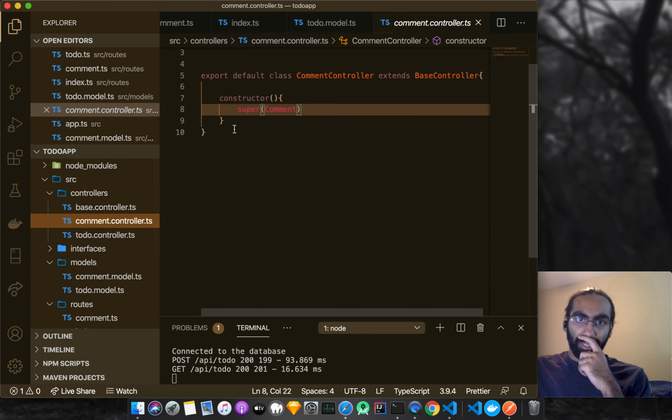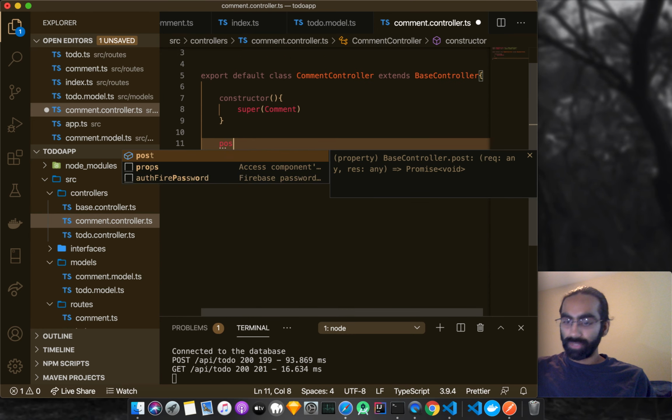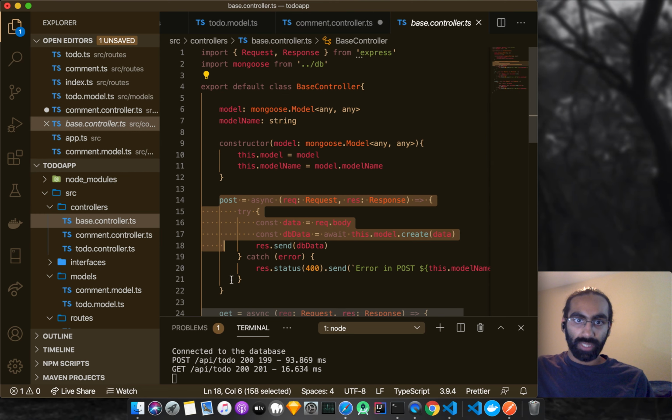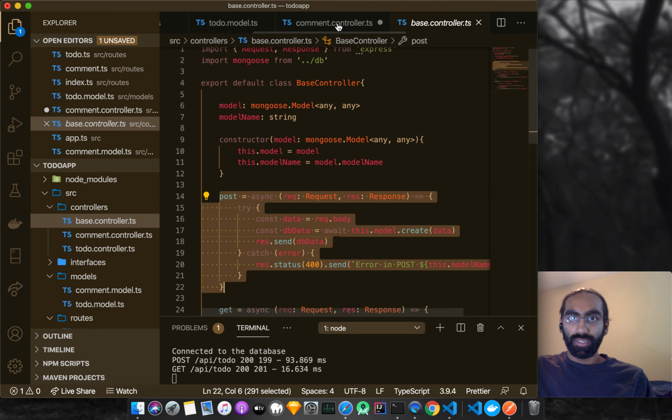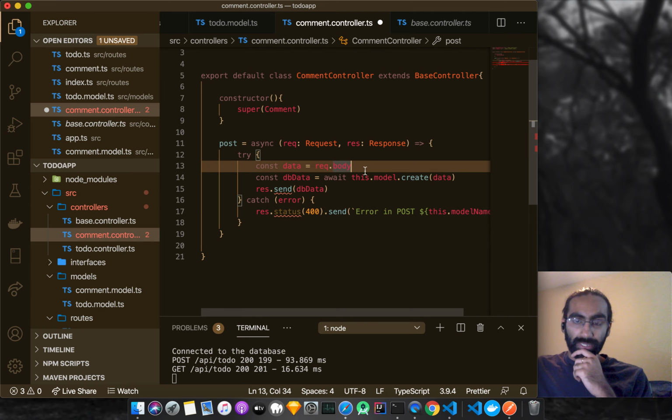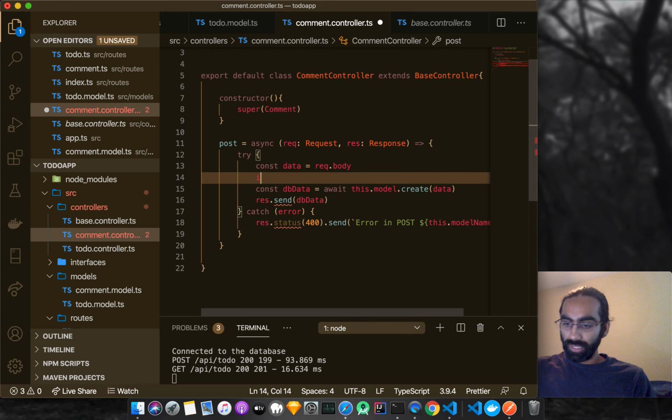For that, the to-do is very much required. So I'm going to copy and paste it from there to over here. If I write any function over here, it's going to override the base controller which I'm extending. Just letting you guys know. So request.body is there,